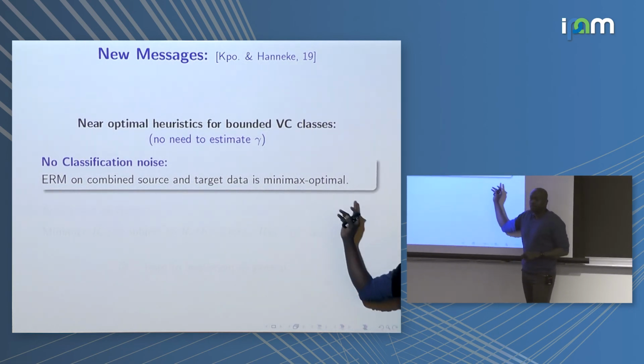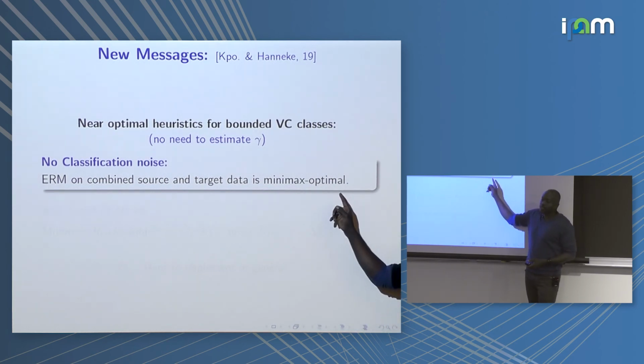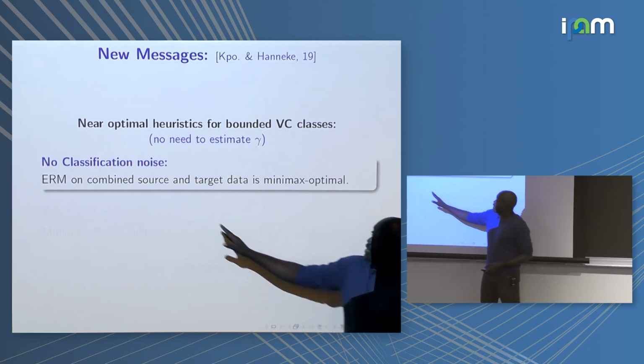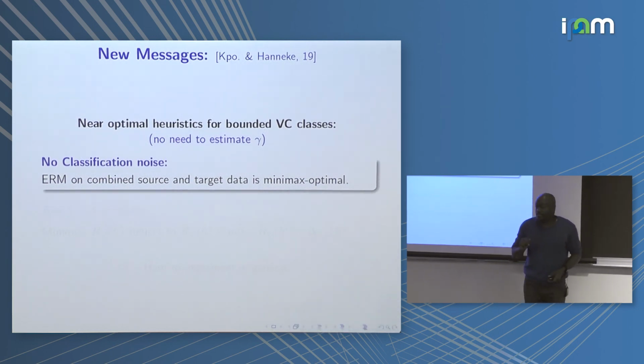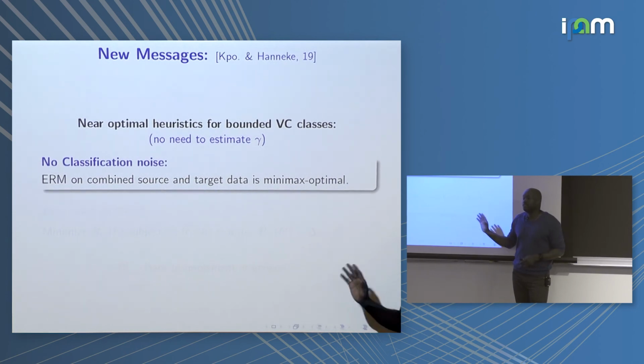First, it can be shown to be minimax optimal whenever classification on the target is very hard, so in non-parametric regimes. It also can be shown to be minimax optimal when classification is extremely easy, so in cases where we have absolutely no noise in the classification. Then just doing this simple thing, combining the two data, pretending that it's the same, is minimax optimal, which was quite surprising to us because people have come up with all sorts of very